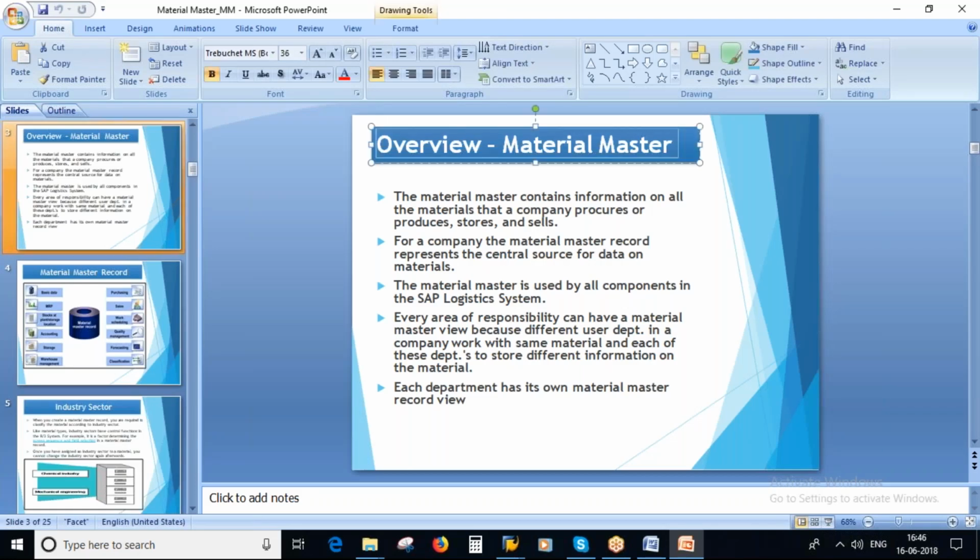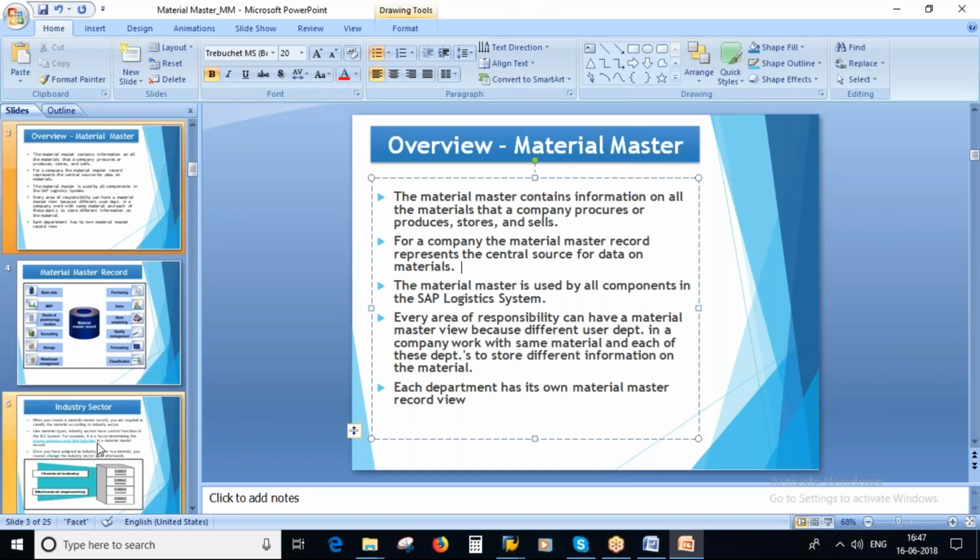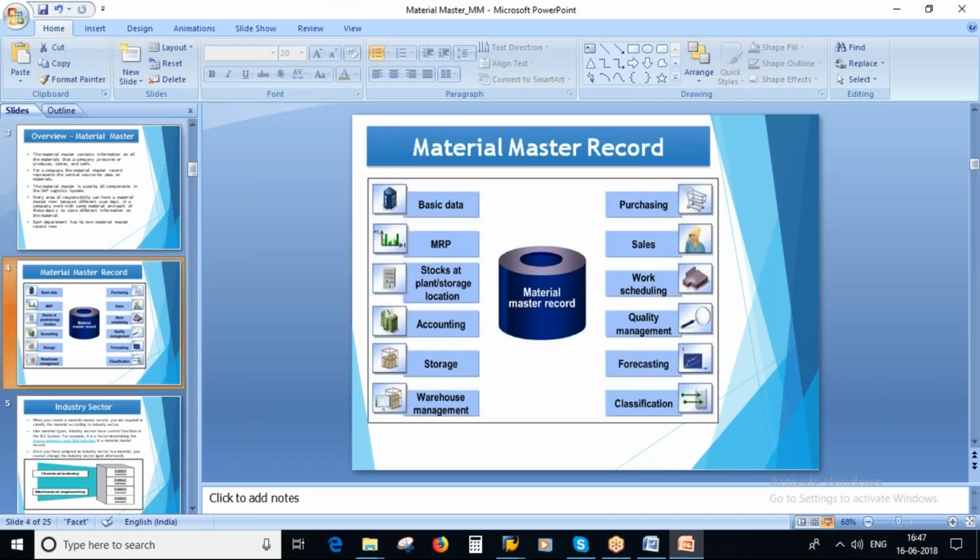So we have understood what is material master. This is what the material master record looks like. If you see here,